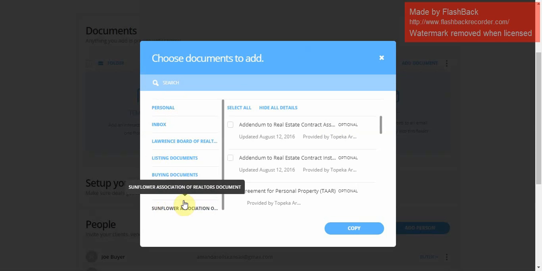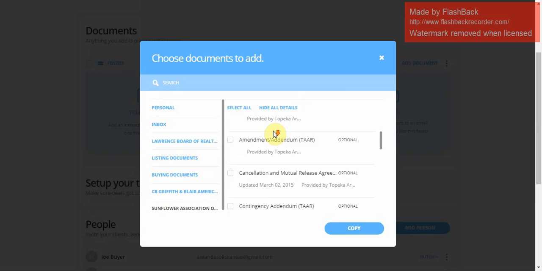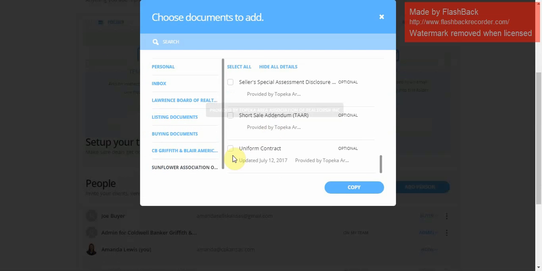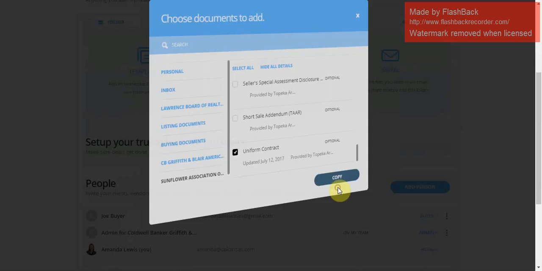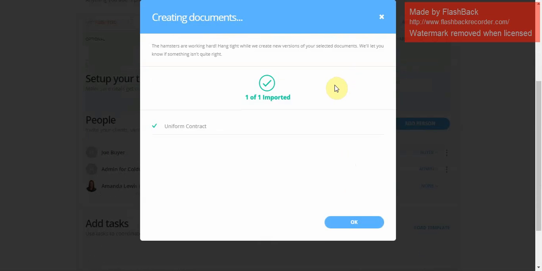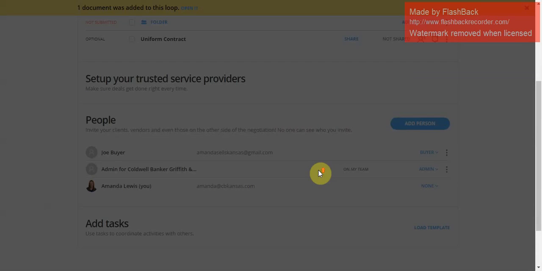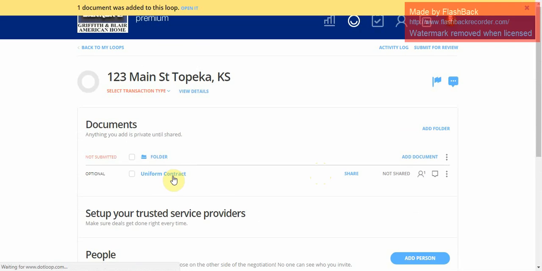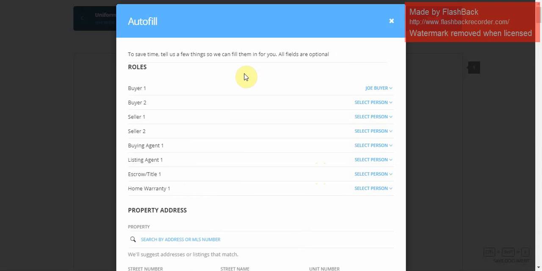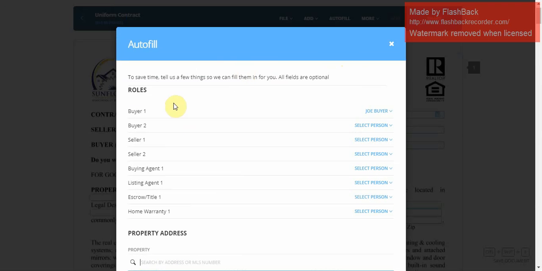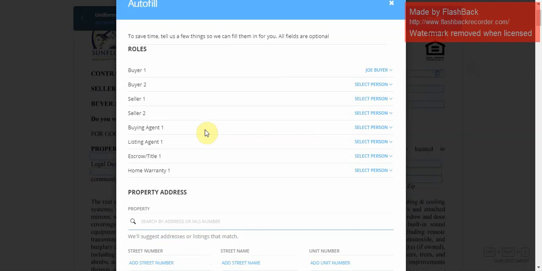So you just click on Sunflower Association of Realtors documents, and then go down to Uniform Contract, click on that, click copy, and just hit OK. Now when you open that contract, you're going to see the buyer, seller, all that stuff. You can fill in this information,